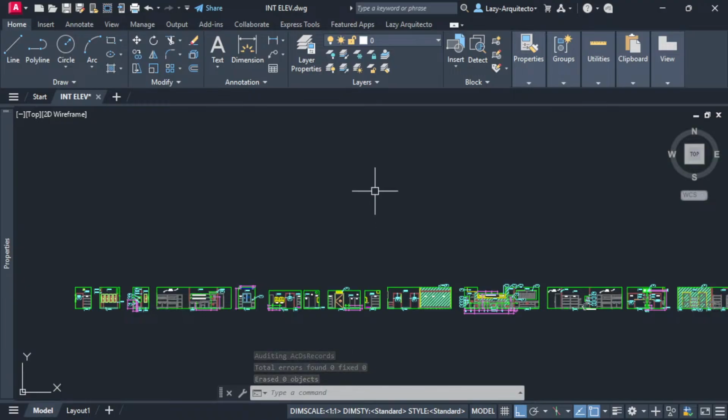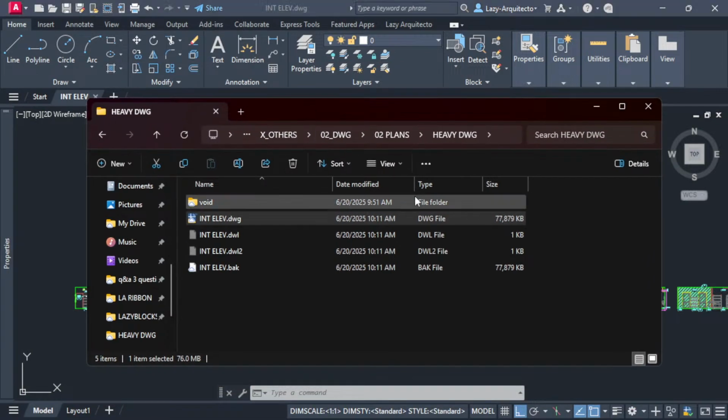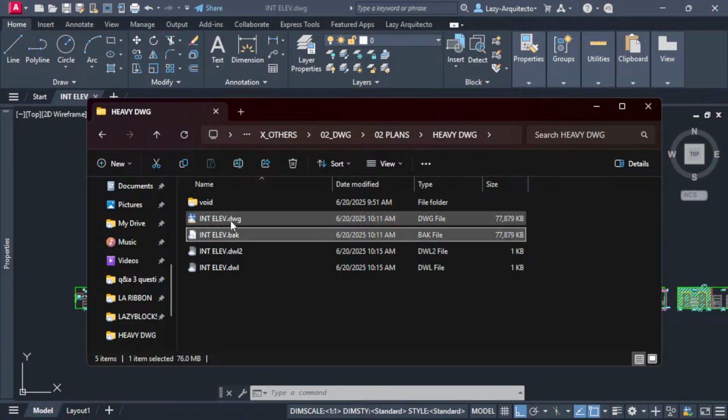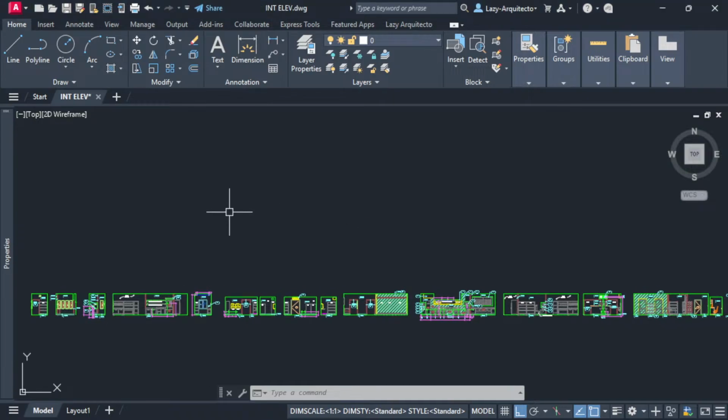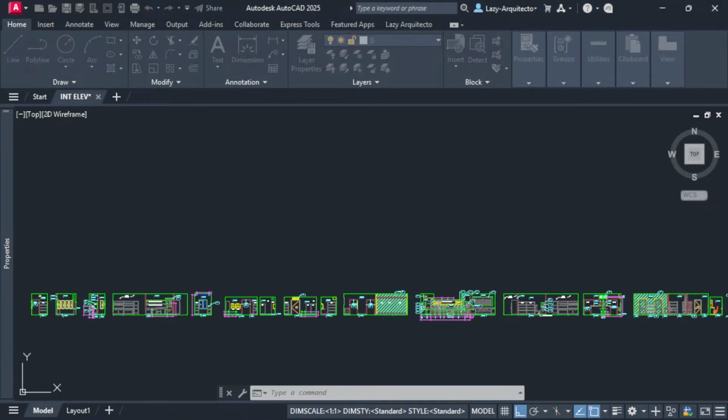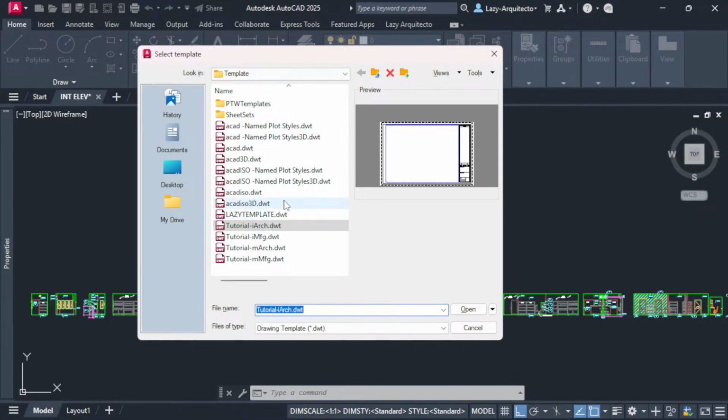Okay. So let's save just in case, see if it did something actually or not. And let me bring the folder. And nope, the file is still huge. Okay, so let's try a couple more things. One being the easiest way, right? Let's create a brand new drawing. So I'm gonna say Control N to create a brand new drawing, and I'm gonna pick Imperial Architecture because we